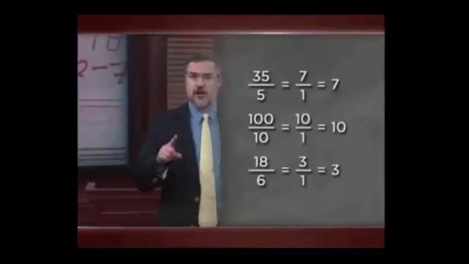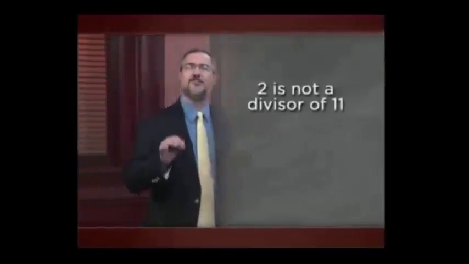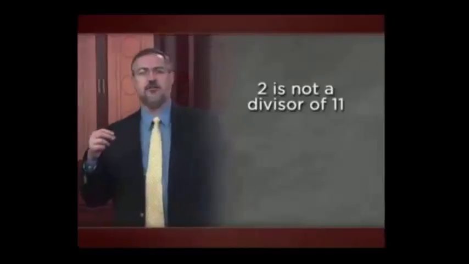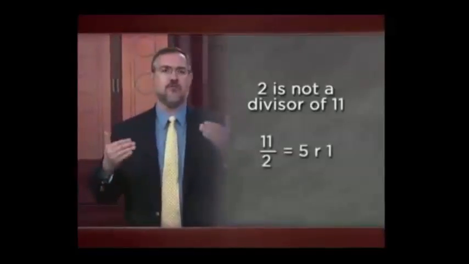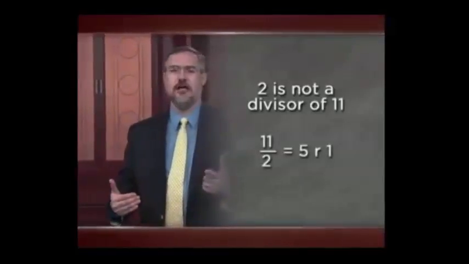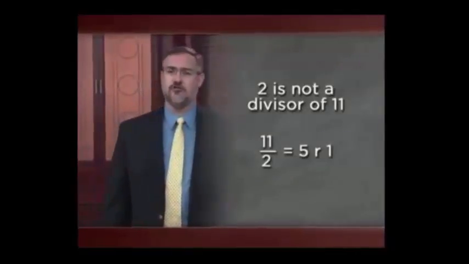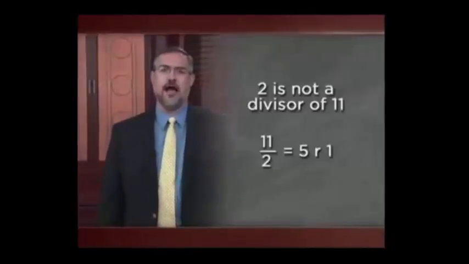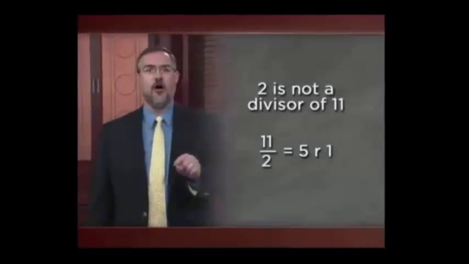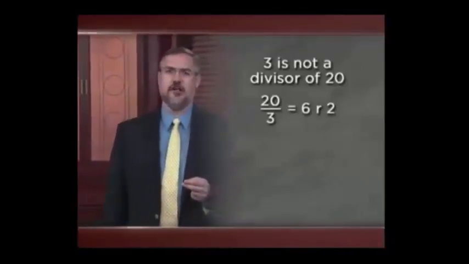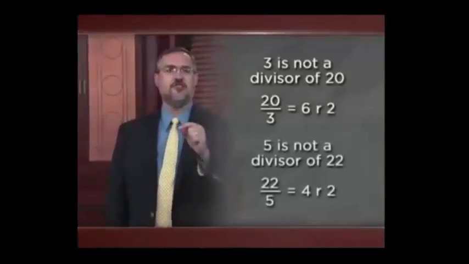Now, in contrast, we know that 2 is not a divisor of 11, because when I divide 11 by 2, I get a remainder that's bigger than 0 in the process. And also, if I think of the fraction 11 over 2, I don't get a whole number after I try to simplify that. Also, 3 is not a divisor of 20 for the same reason, and 5 is not a